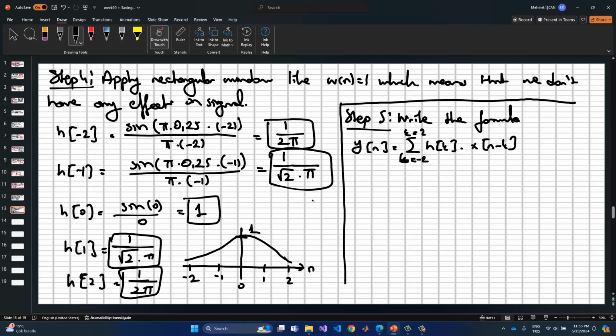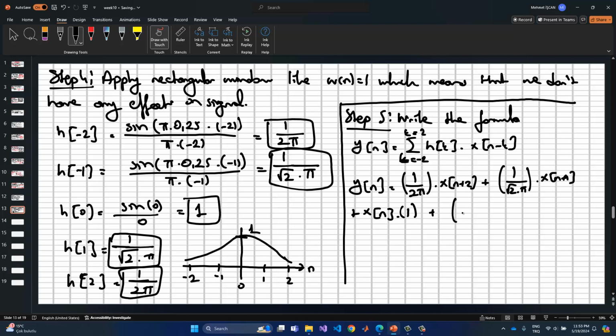So substituting the whole equations, y[n] can be obtained as 1 divided by 2 pi times x[n+2], plus 1 divided by square root 2 pi times x[n+1], plus x[n] times 1, plus 1 divided by square root 2 pi times x[n-1], and also 1 divided by 2 pi times x[n-2]. This is the generation of the difference equation